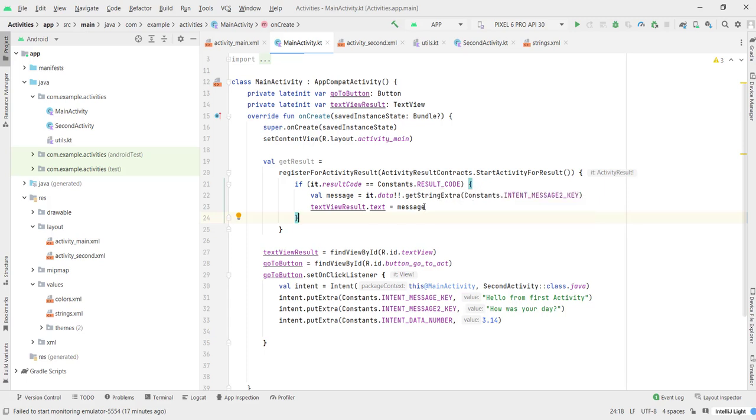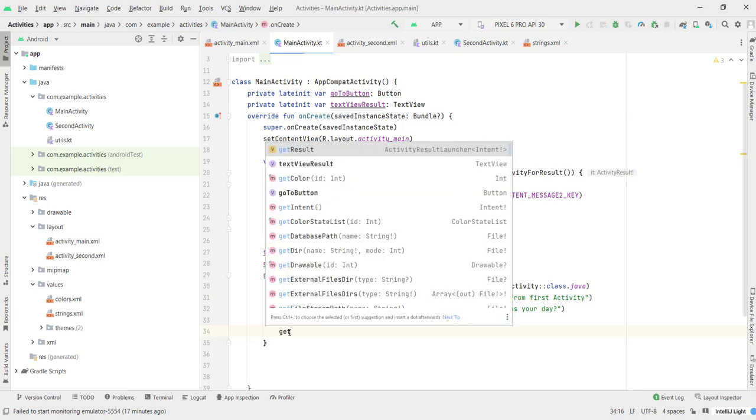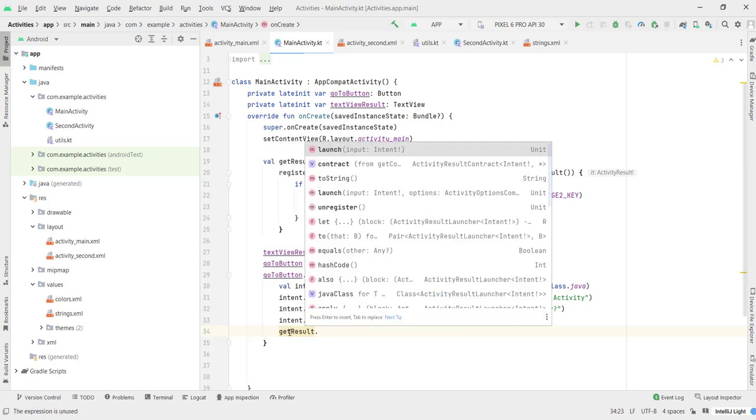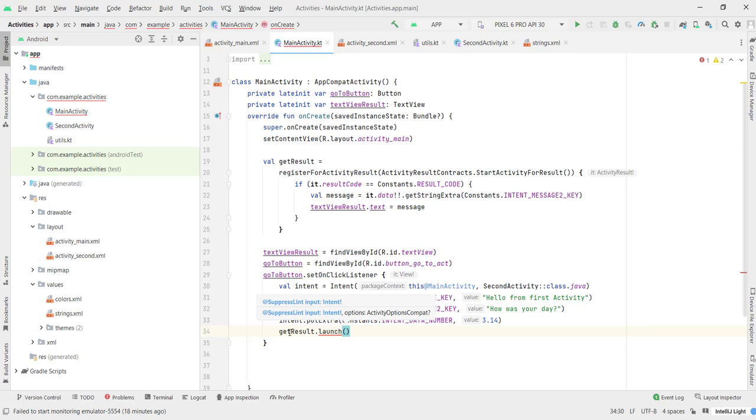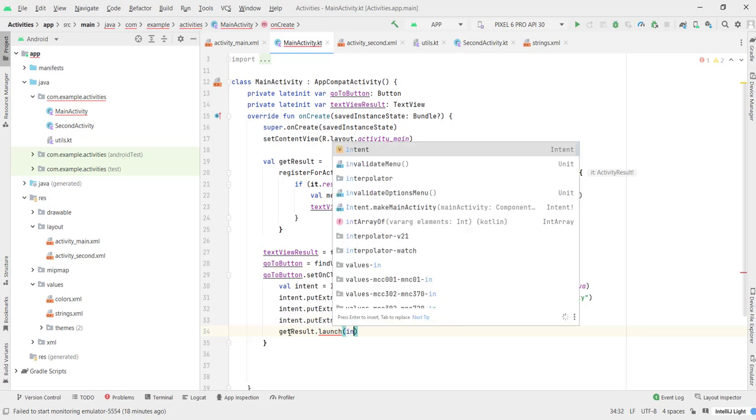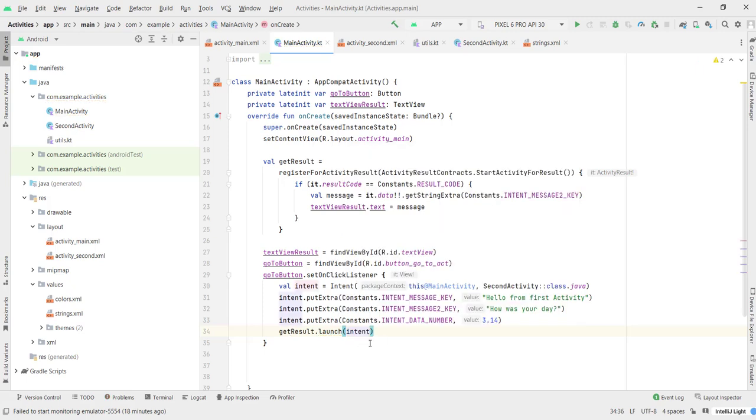And if that is true, we'll get the data and display the data in text view result. So here we need to type get result dot launch, and here now we're passing the intent. So I'm going to pass here intent. So this is how we do it. So now if I run this,